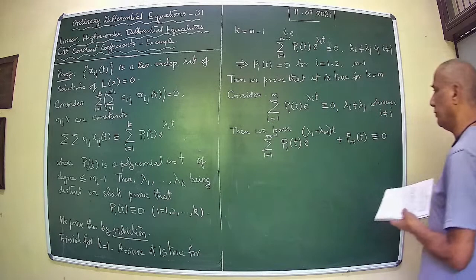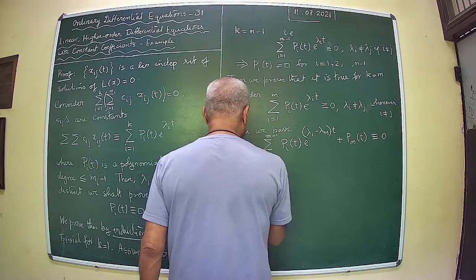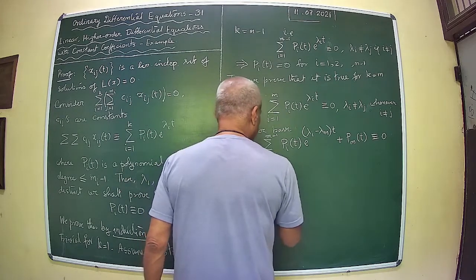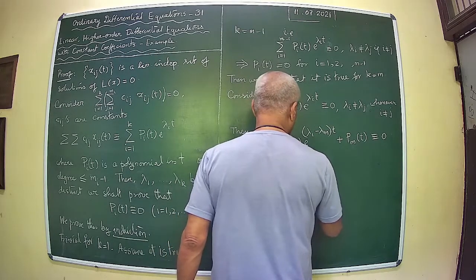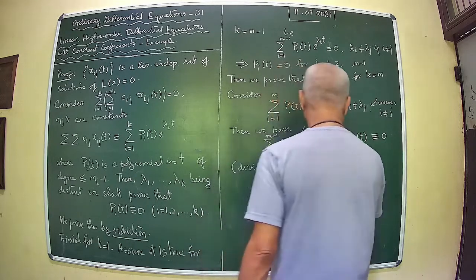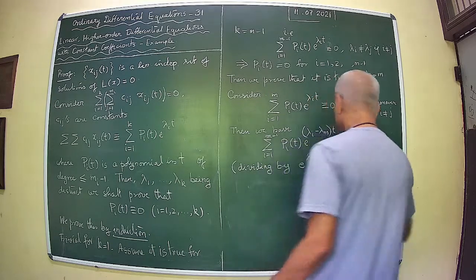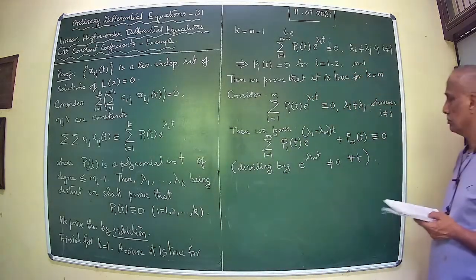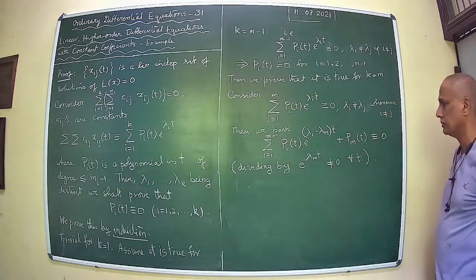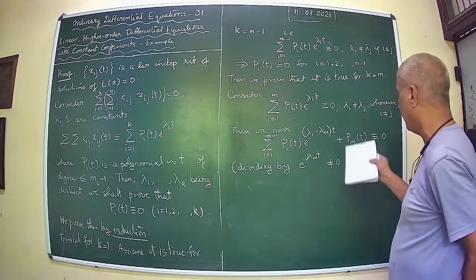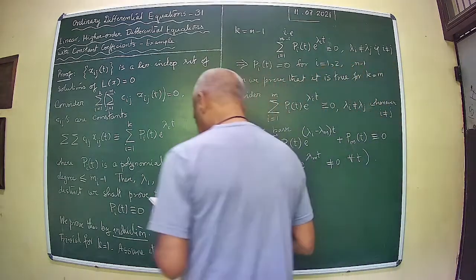Identically equal to 0. What you have done is by dividing by [a factor] which is not equal to 0 for every t. Therefore, this is justified. Now from here we try to argue this. See, as such, this is a polynomial of a certain degree. Say, assume. So we shall assume that